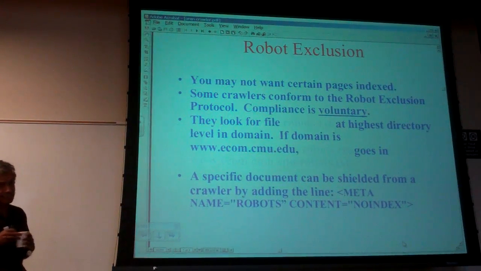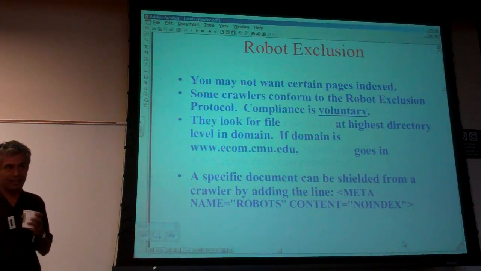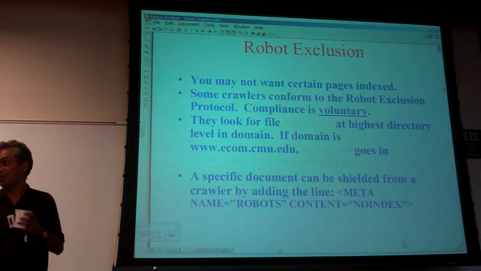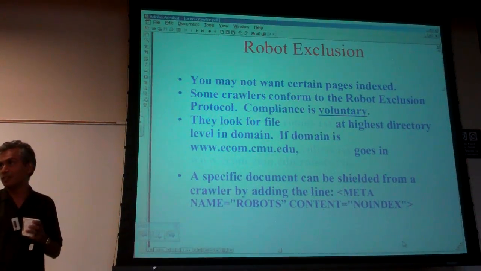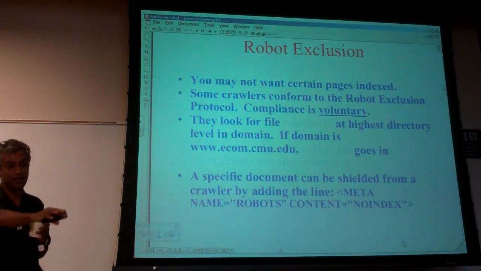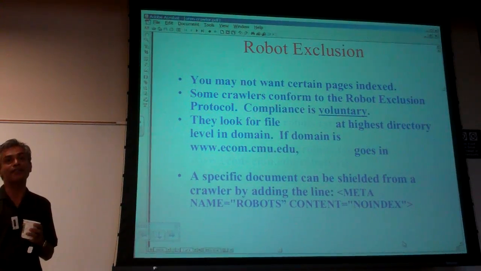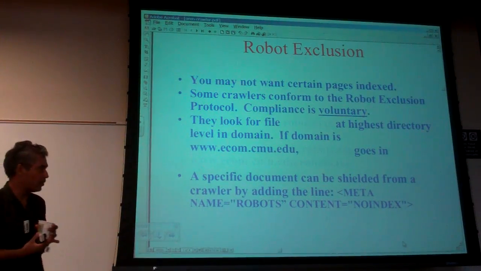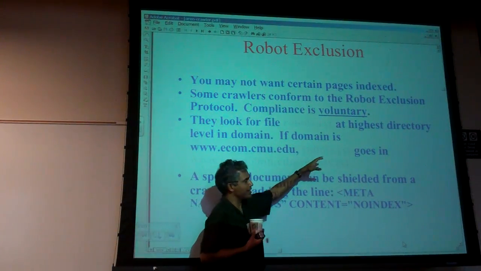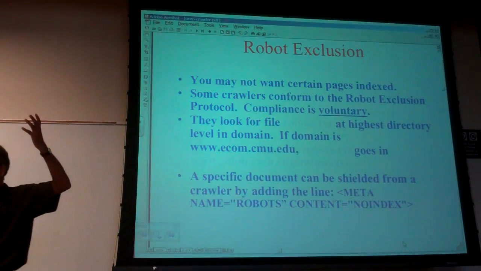Now obviously, the crawler does not owe you anything, right? So in some sense, if you have put passport information and social security information in a particular folder, and you tell the crawler, please don't crawl this because this is where all the important information is, you know what happens. Next day on the front page, your passport information will be there. So the point being that robots.txt is a voluntary protocol. You get to write it, and